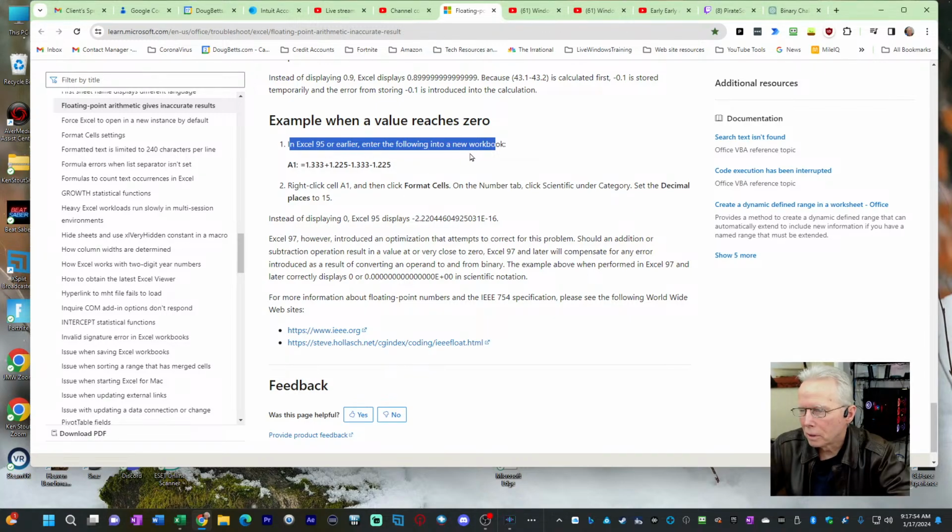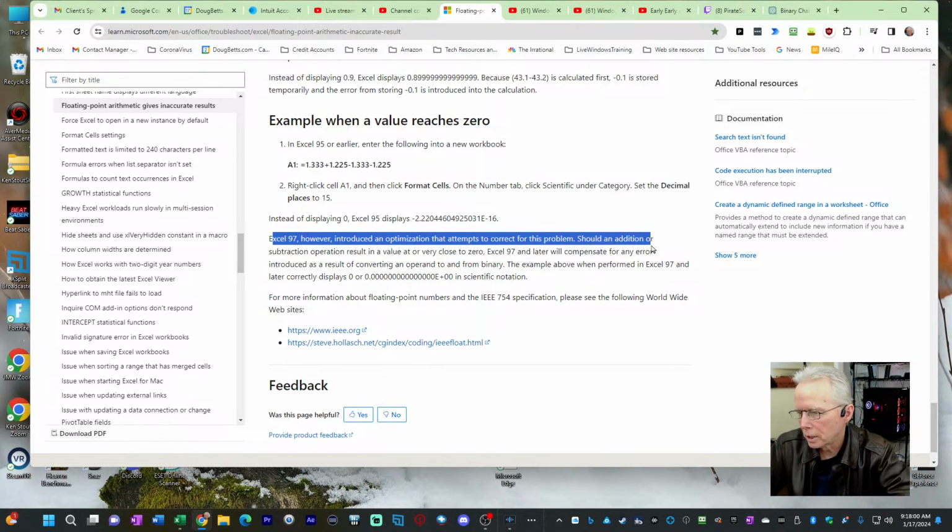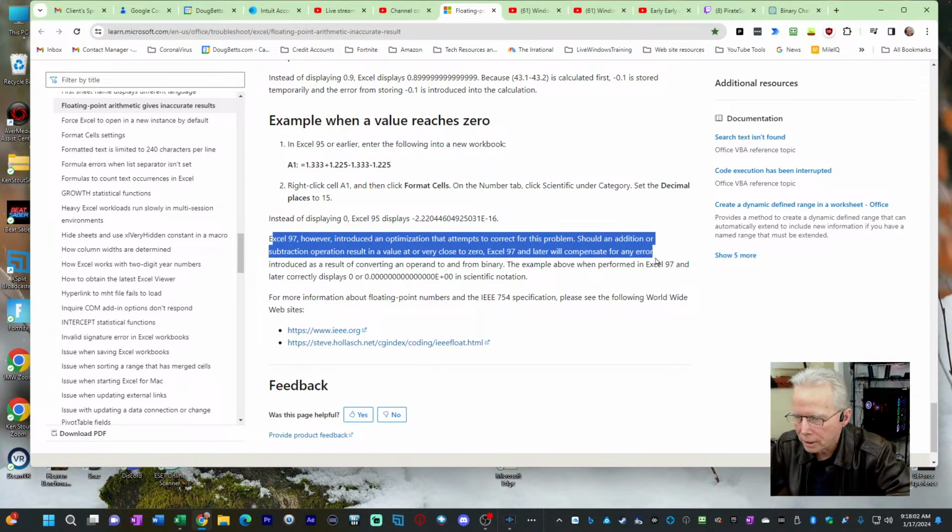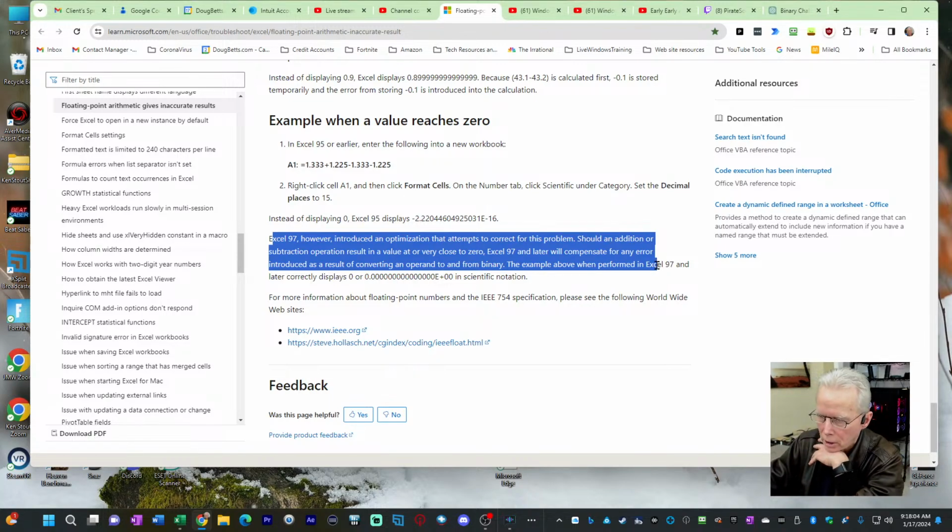Enter the following, let's see, they were in Excel 95. No, here, Excel 97, however, introduced an optimization that attempts to correct for this problem. Should an addition or subtraction operation result in a value at or very close to 0, Excel 97 and later will compensate for any error introduced as a result of converting an operand to and from binary.